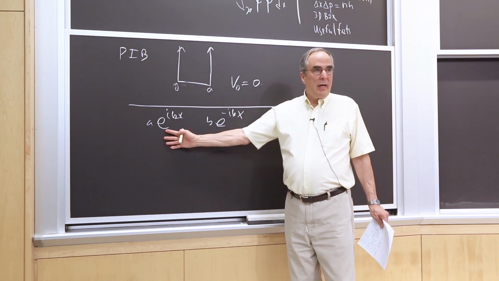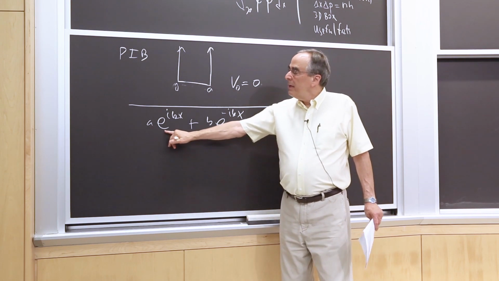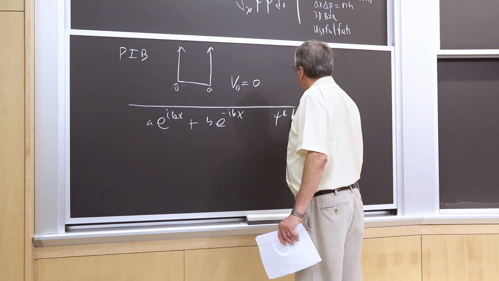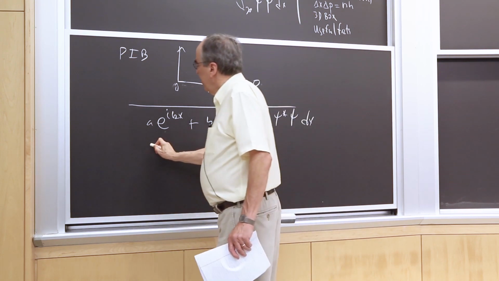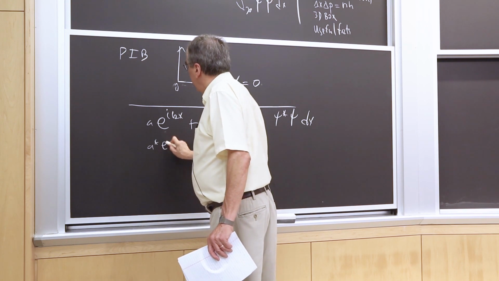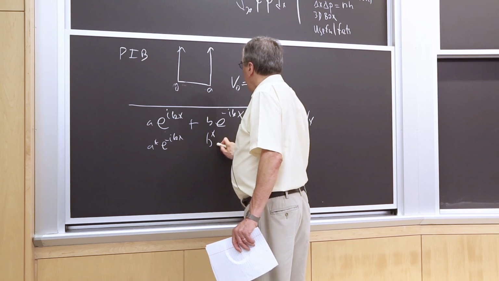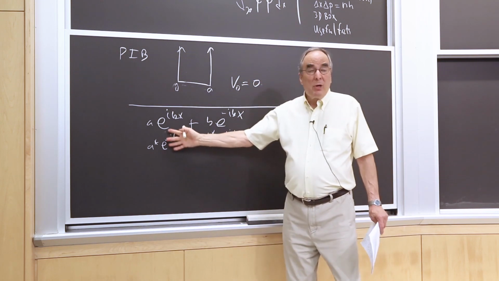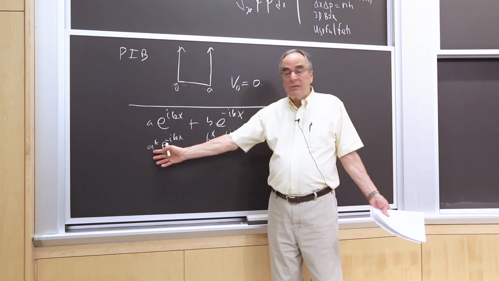When we go to normalize a function like this, we write psi star psi dx. So psi star would make this go to a star, and this go to e to the minus ikx, and this go to b star e to the plus ikx. So now we multiply things together, we get an a star a, which is the square modulus of a,